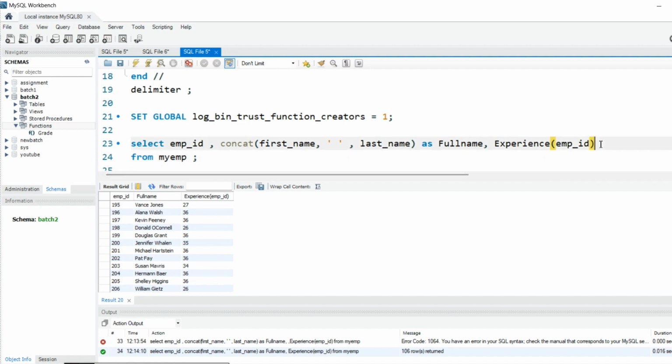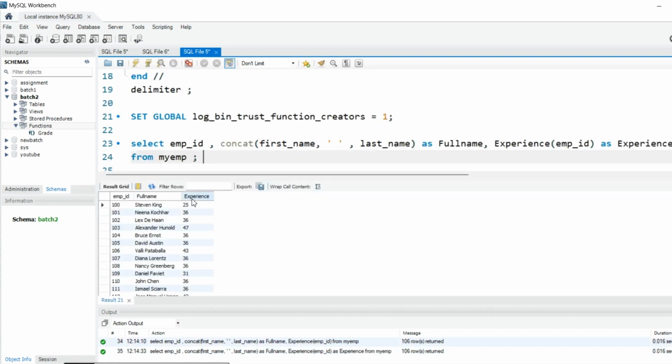Or if you want, you can change the name also. You can write it as experience. Now if you hit Ctrl+Enter, you will see each employee ID, full name, and their years of experience.